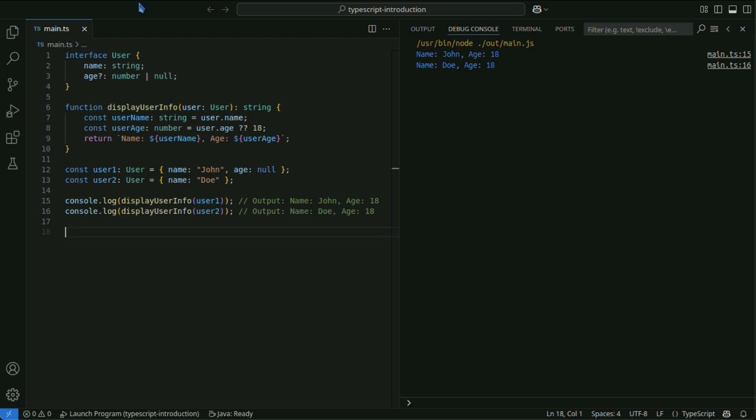The nullish coalescing assignment operator is an assignment operator based on the nullish coalescing operator. This operator is used to assign a new value only if the variable is null or undefined.